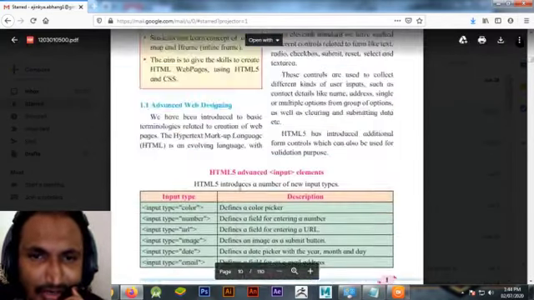metadata. See, another attribute is character set. Character set, this is UTF. UTF-8 is about Indian characters. Character set means what? Which kind of font or which kind of language you are going to use. Indian characters means you can use Marathi, Hindi and any other languages in it. Big 5 stands for Chinese characters.